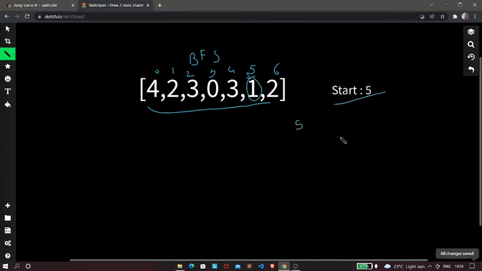So let me just consider it to be the root, okay? Now when you write the algorithm, you don't need to convert this array into this graph, right? Because we can do this easily by using just the BFS, okay? I am doing this just to explain you guys, okay?